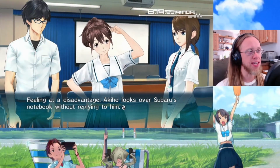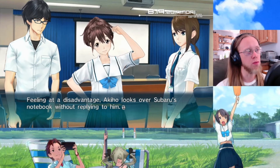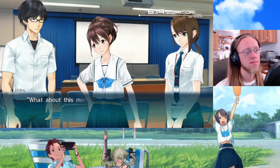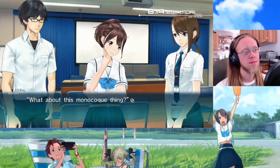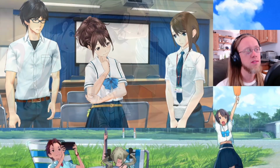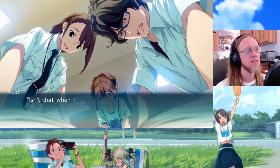Feeling at a disadvantage, Akio looks over Subaru's notebook without replying to him. このモノコックっていうのはモノコック構造ですね。側がそのまま骨格と一体化しているものがモノコック構造で合ってます？